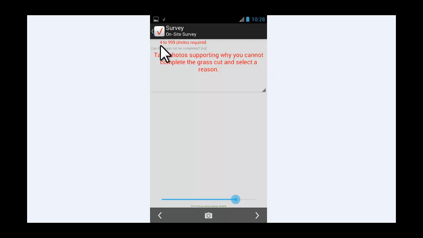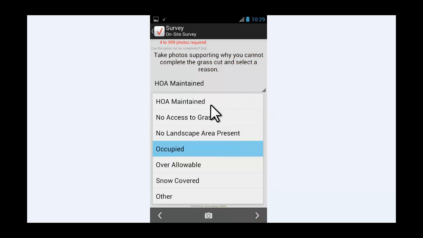You're going to make sure that you take the minimum required photos right here. You're going to make sure that this area is not blank and it's usually filled in with the word required, and then you're going to click the camera button at the bottom and take your required number of photos before you click next. In this actual instance, instead of clicking the word required, it's actually going to let you select